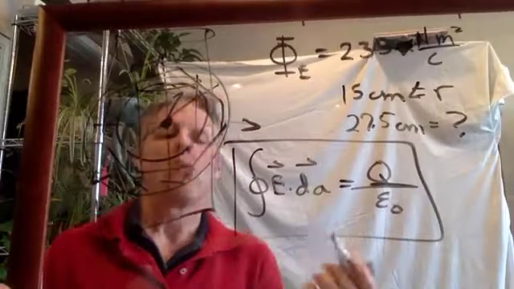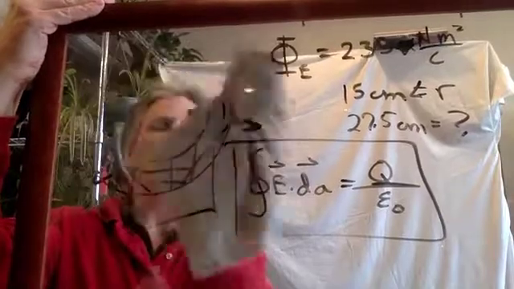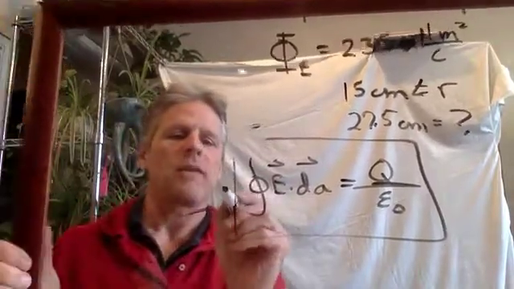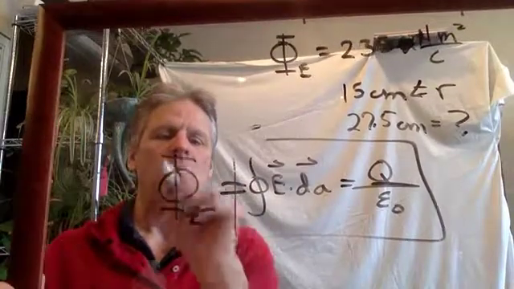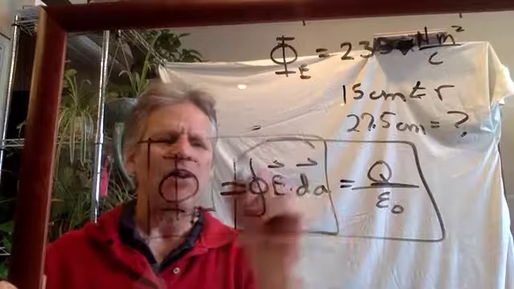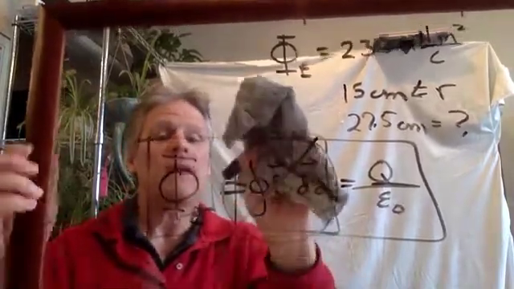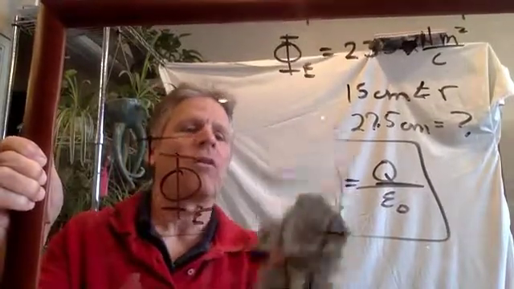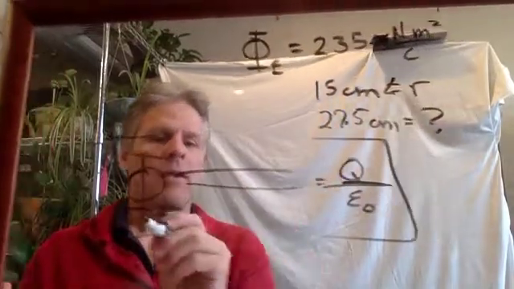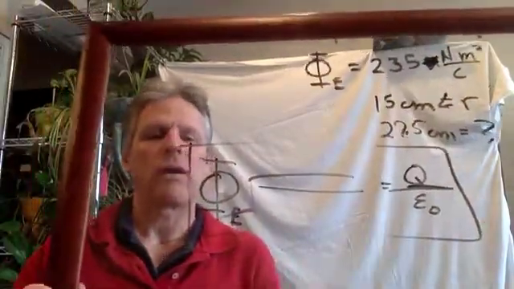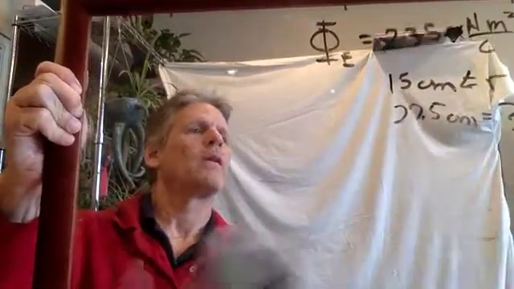So then the question is, what's the charge? We are given the flux. Remember, this is the definition of flux, the flux through this surface. So do we need to calculate this at all? No, we already have the answer. We've been given the answer, so you don't need that at all. All you need is this: the flux is equal to the charge divided by epsilon 0. So we are given the flux, which is,